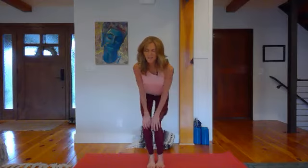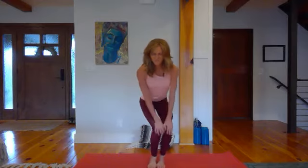Let's warm up the hands, creating some friction by rubbing them together very fast. Feet together. Little bend in the knee. Place the hands on the knees and then circle the knees in one direction and take it in the opposite direction. And then our last